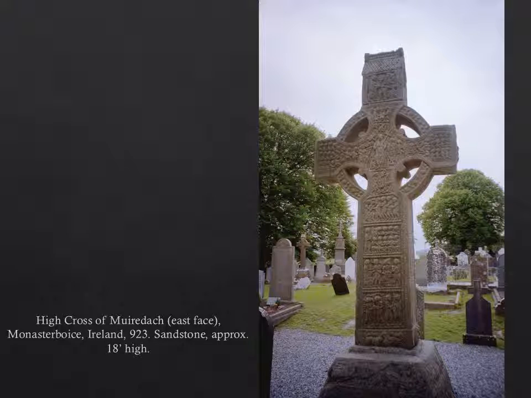Another type of image being developed in these Celtic areas, in the Hiberno-Saxon area, is what we typically refer to nowadays as the Celtic Cross. You may be familiar with the symbol. It's a Christian cross with that circle around it. This is another example of how these Christian missionaries in the area are adapting local, pagan symbols to